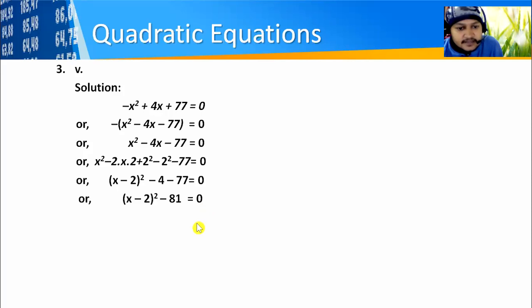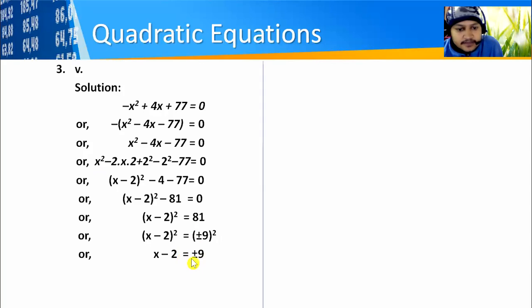Now take 81 to the other side, that means to the right side, and find out its square root also. 9. Yes. And it is the square root of plus square. This one is the square of plus 9 as well as minus 9 also. So it is x minus 2 whole square is equal to plus or minus 9 whole square. I think there is no confusion in it. Then we may remove the squares from both sides. After removing squares, the remaining value is x minus 2 is equal to plus or minus 9.